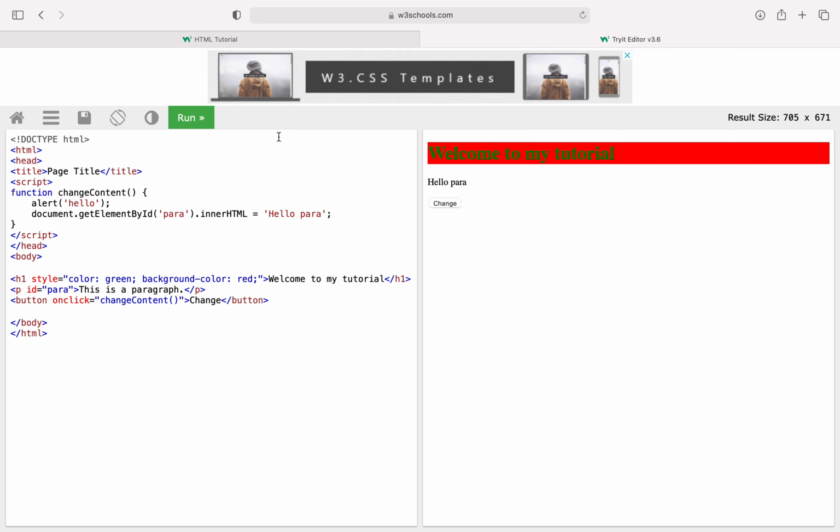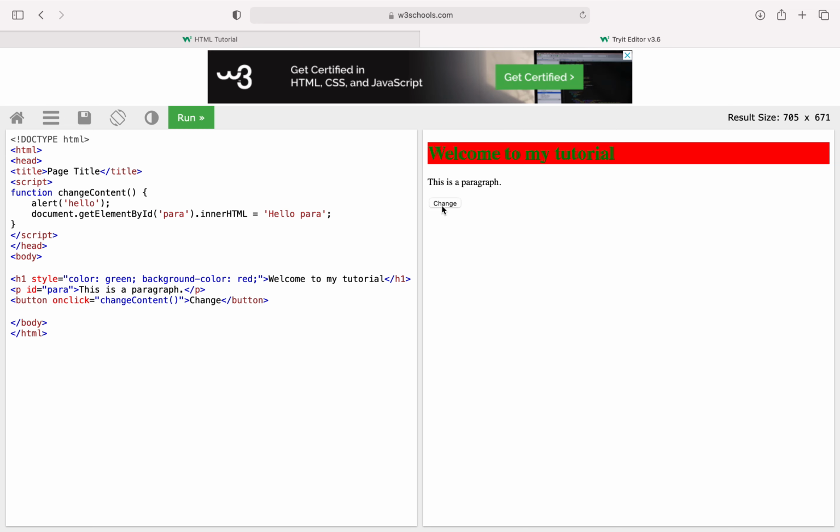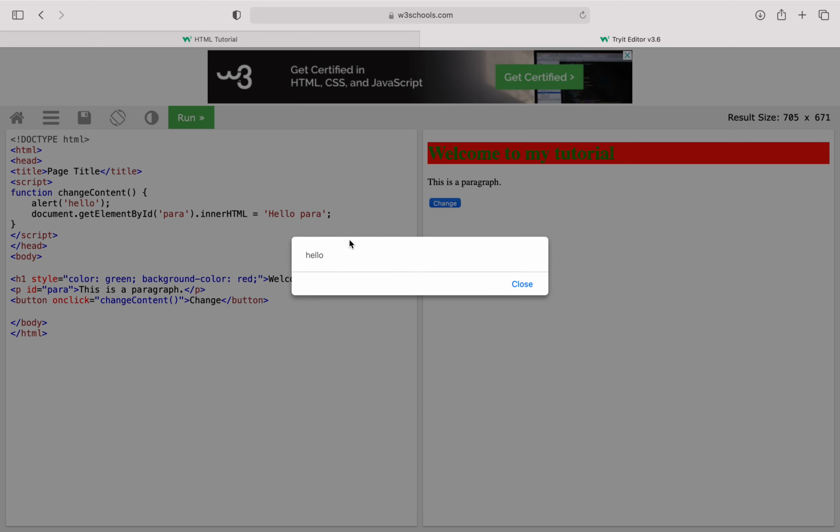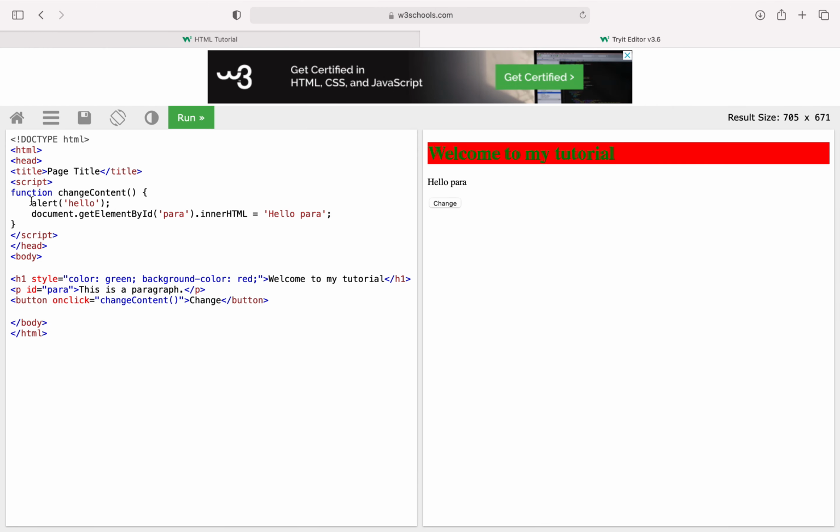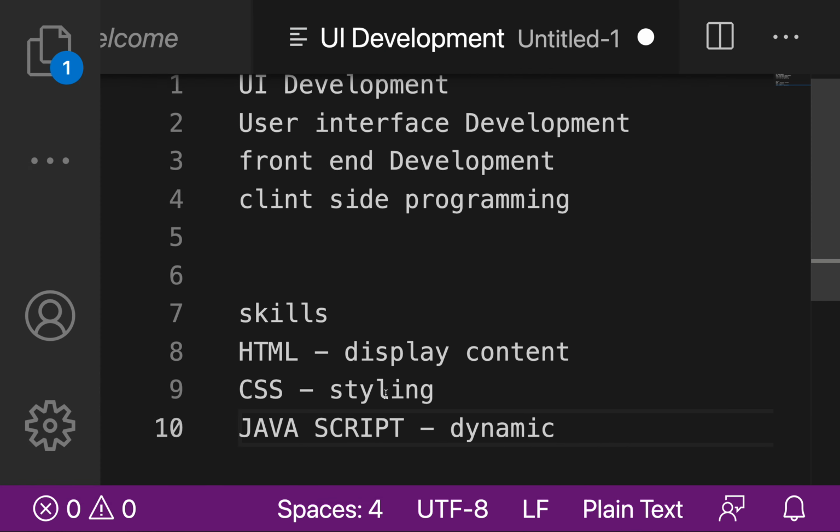Now if you see, when I click the button, you can observe hello is coming. So each one has a different purpose. For showing an alert we use alert, for changing content we use innerHTML. Using JavaScript we can do so many things. These are the three essentials required for web development.